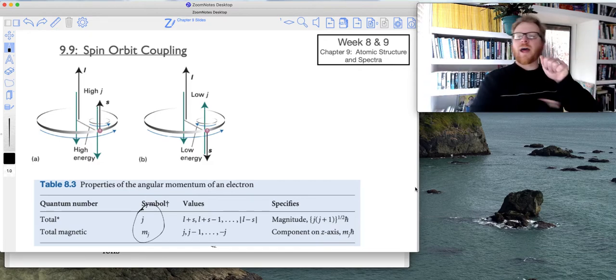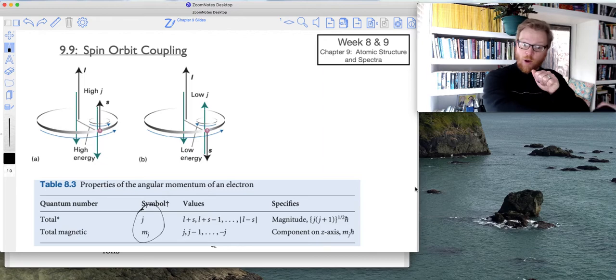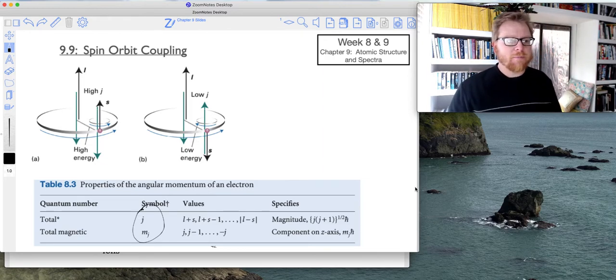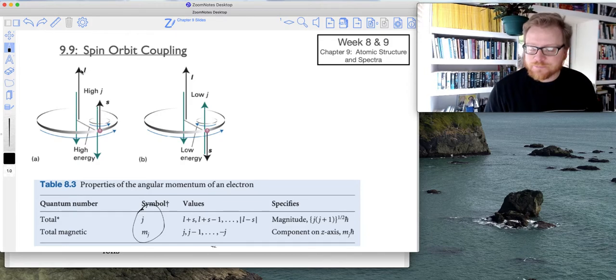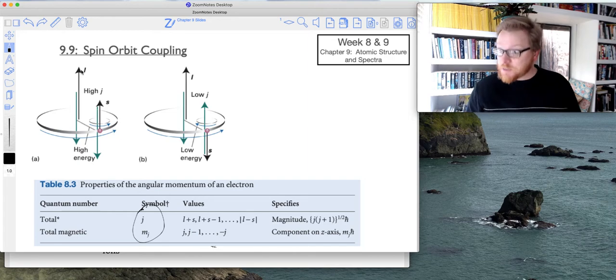So we know that the electron is rotating around the nucleus, and so that gives it angular momentum given by L. But also the electron has its own intrinsic spin, so it is also spinning, given by quantum number S. And so we come up with this new quantum number to describe the total angular momentum, which is J and